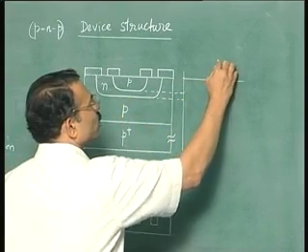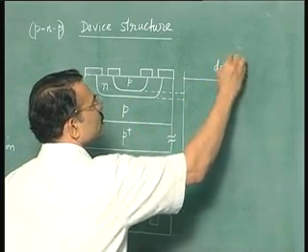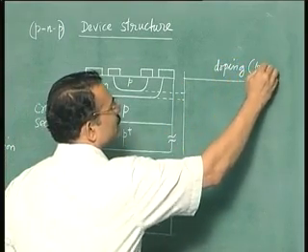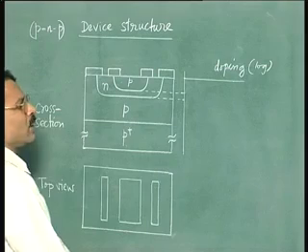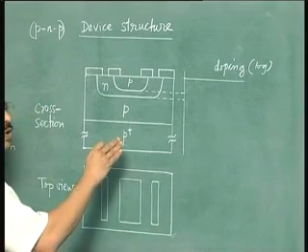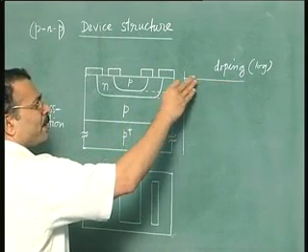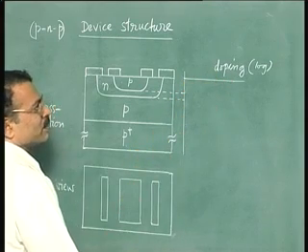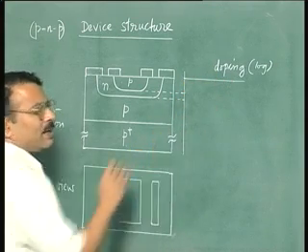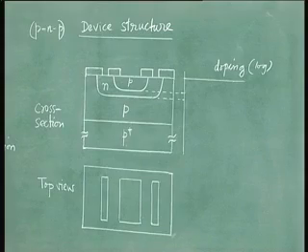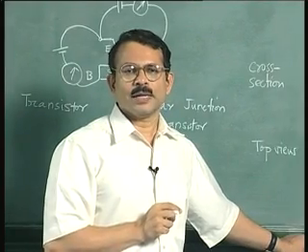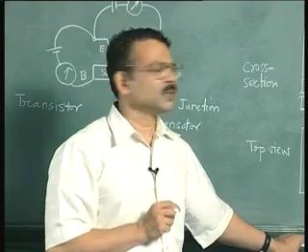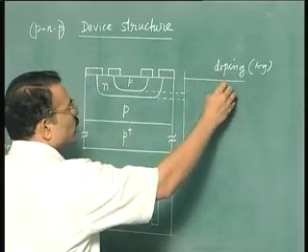So here you have the doping and here you have the distance. We are going to plot this on a log scale. So doping is plotted on a log scale because we want to show a wide variation on a single diagram. The doping level varies over orders of magnitude, and that is why one must use a log scale to show the doping level. So the doping looks something like this.